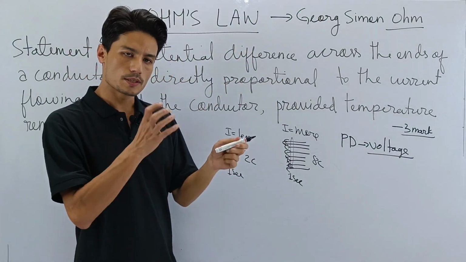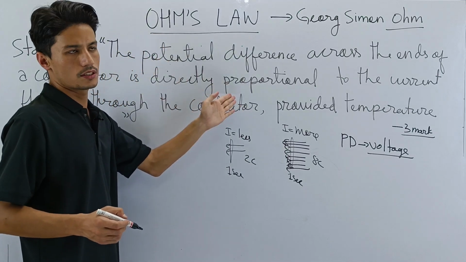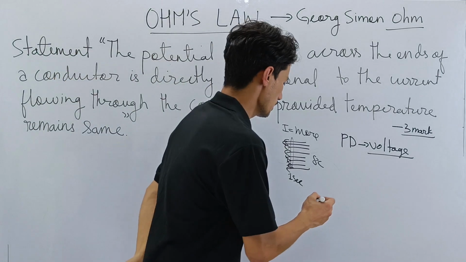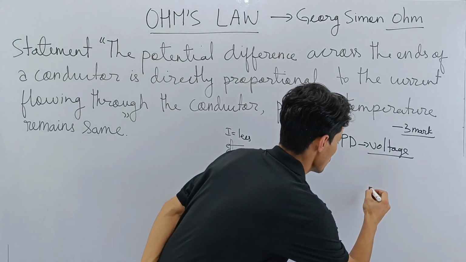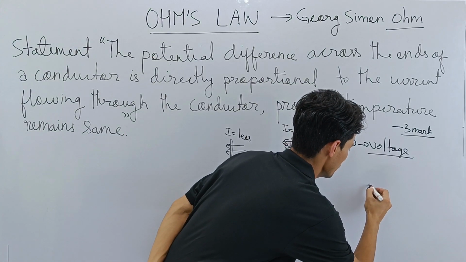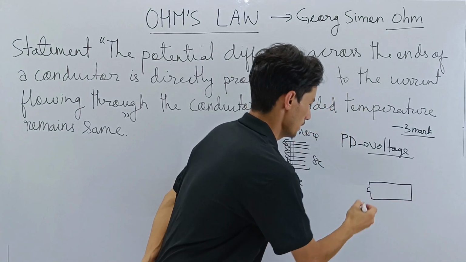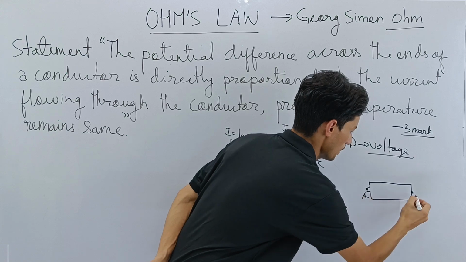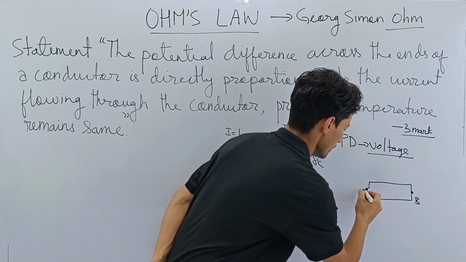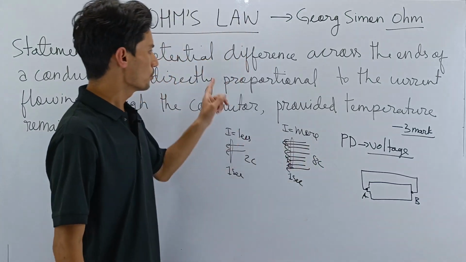That means the potential difference across the ends of a conductor. As per the statement, I have a diagram to show you. Let me just show you. So let us draw a battery here. These are the two ends, terminals, these 2 points, A, B. Let us connect a wire. Now the statement says that the potential difference across